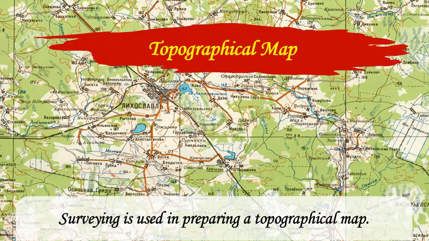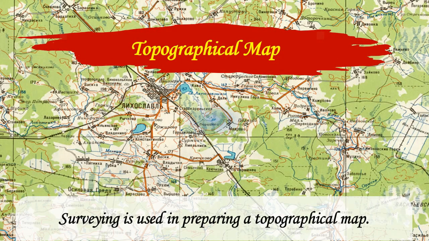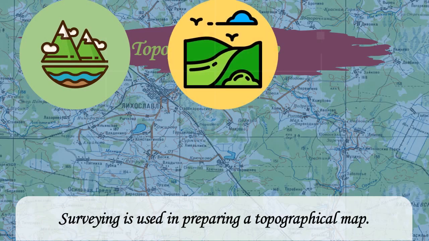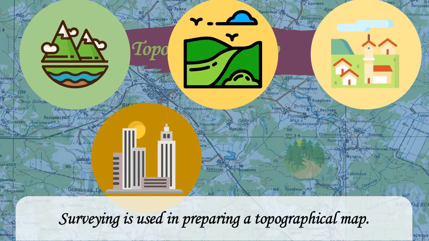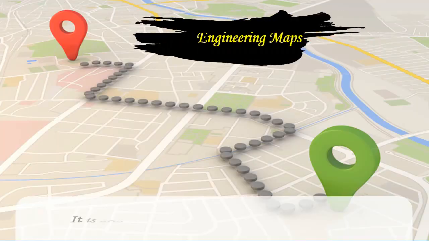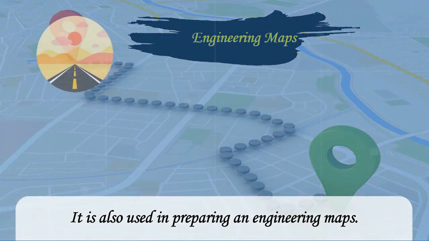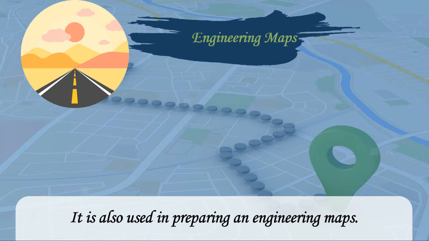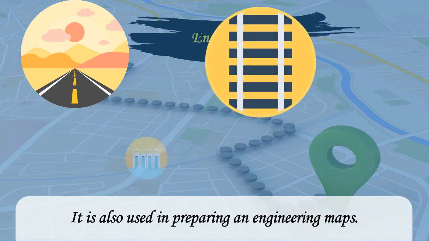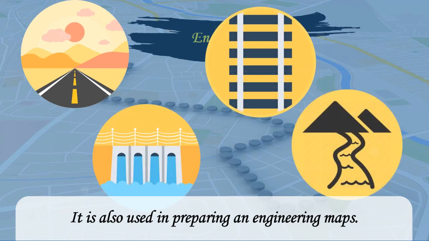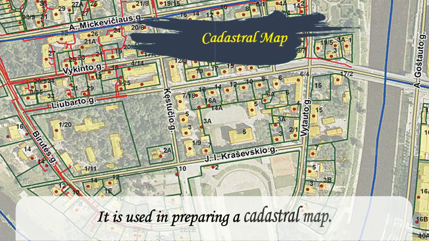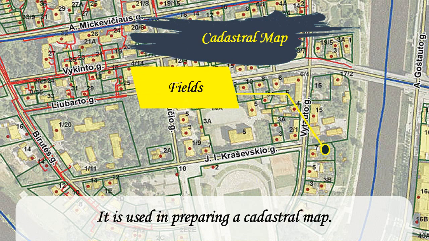Surveying is used in preparing a topographical map which represents hills, valleys, villages, towns, forests, etc. It is also used in preparing engineering maps which show the details of engineering works, such as roads, railways, reservoirs, irrigation canals, etc. It is used in preparing a cadastral map which shows the boundaries of fields, houses and